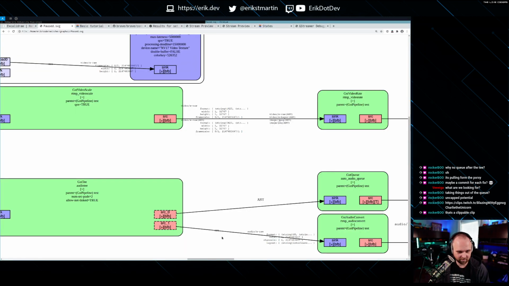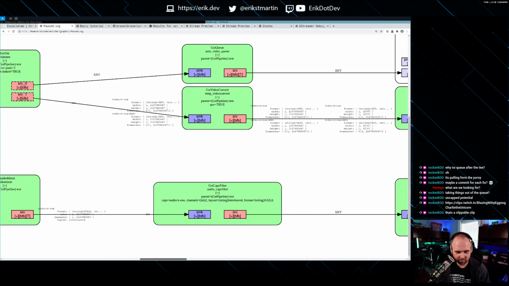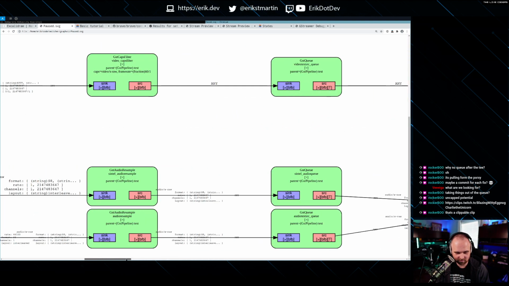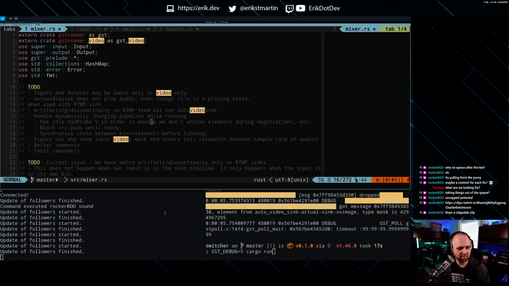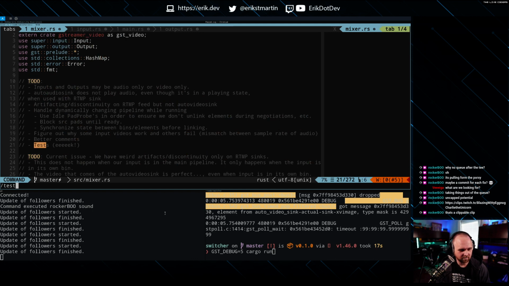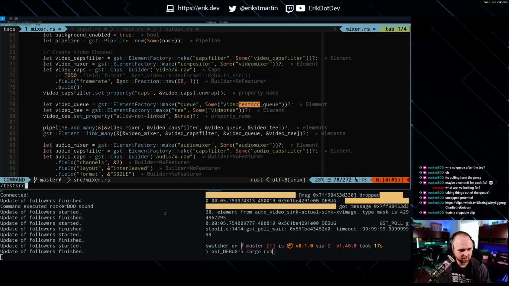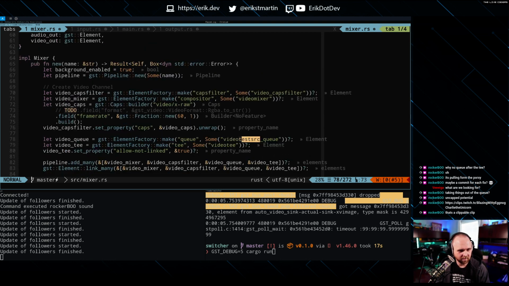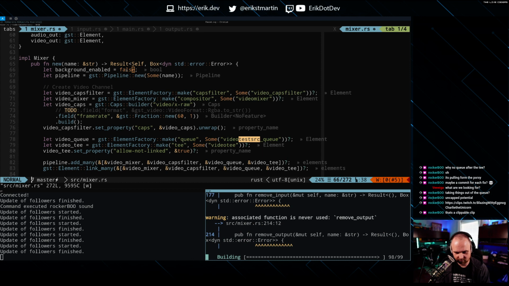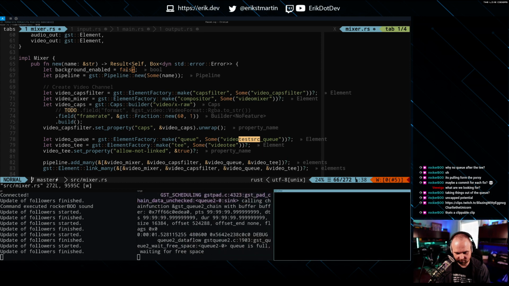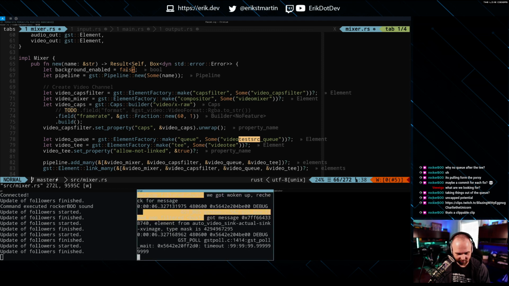All right, let's look at this again. So it's definitely the audio test source queue. I want to try something really quick too. So inside of our mixer, we have, oh, did we remove that? Background enabled. Let's remove this and see whether that fixes our issue. Okay, so it has nothing to do with that, because now we can see